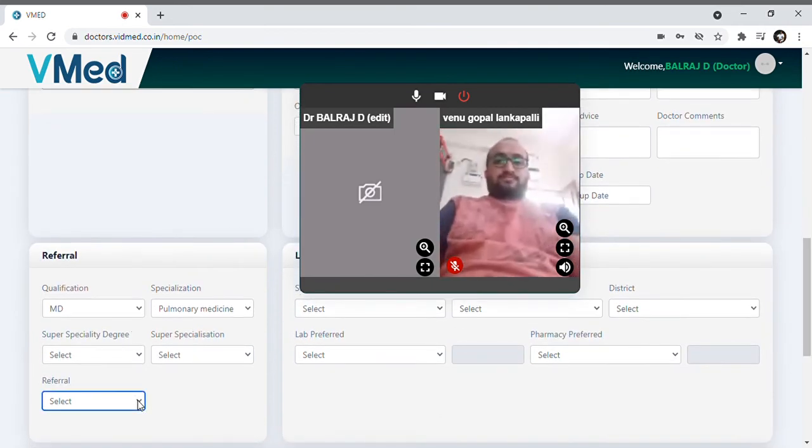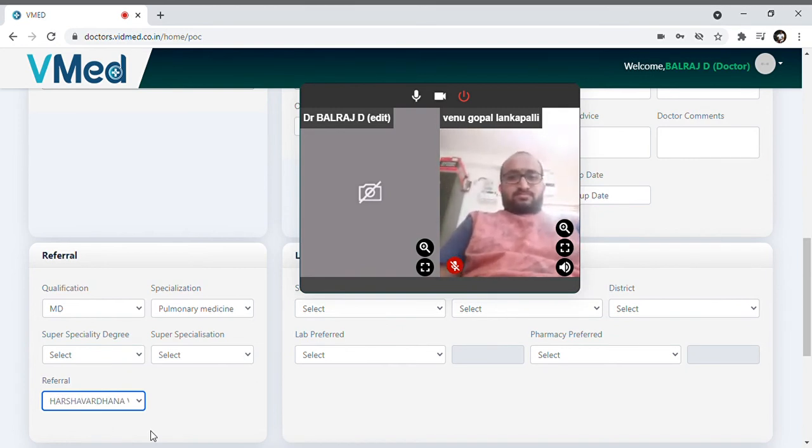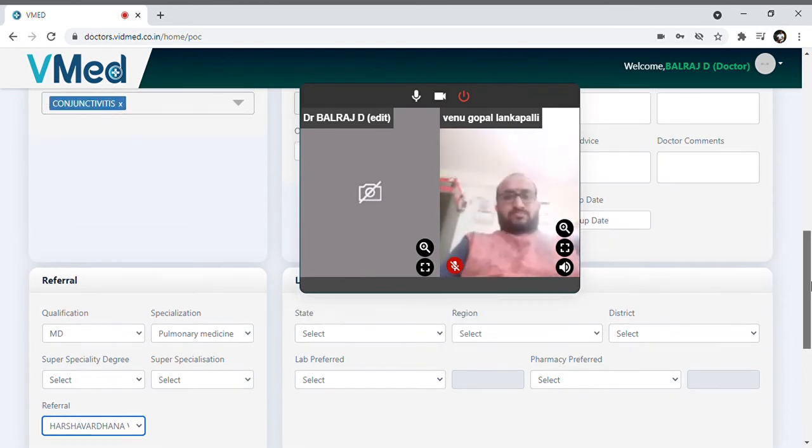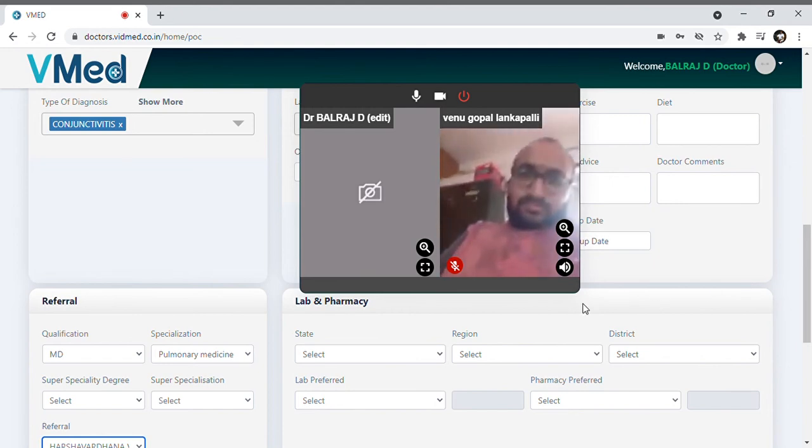You can select the doctor and tell the patient to consult the said doctor for higher precautions or higher diagnosis.